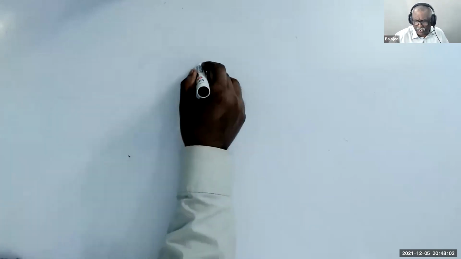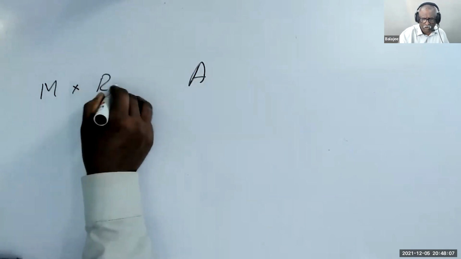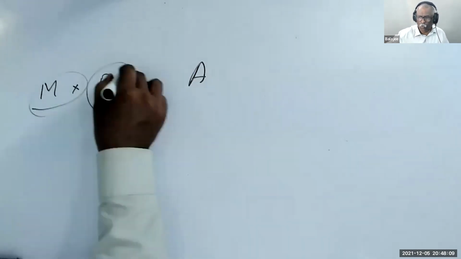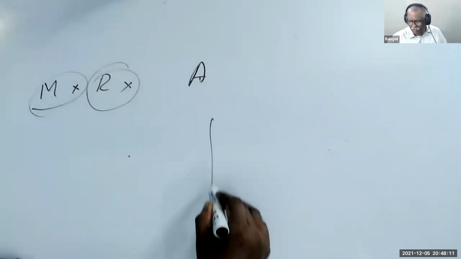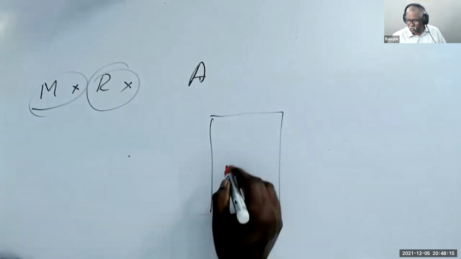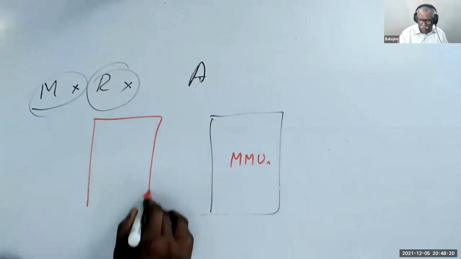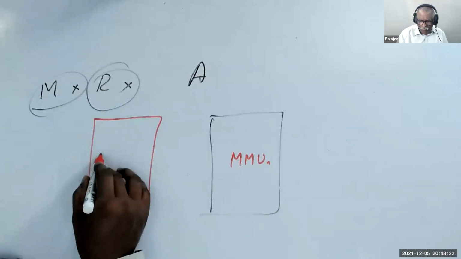Now I will tell you one more important thing, which is available only in the A series, not in the M or R series. Both don't have it. Only this series, the A series, has a unit called MMU. So your ARM